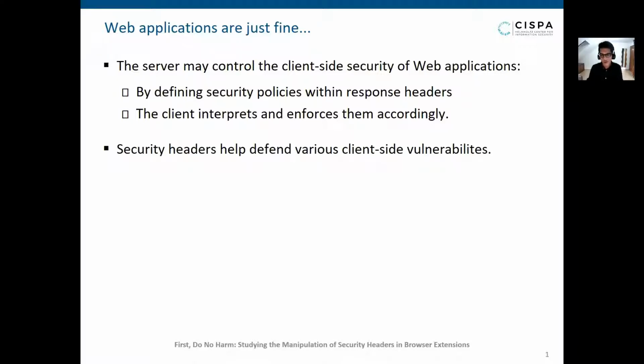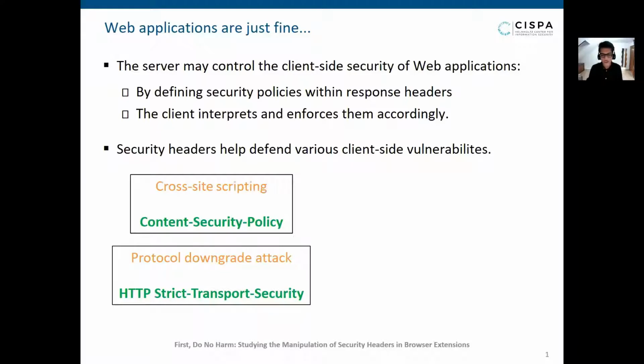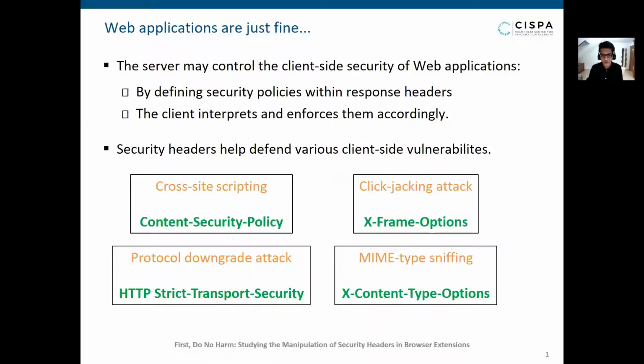Well, there are various security headers being deployed by applications, intended to protect against specific vulnerabilities in the web. For example, CSP protects against XSS by restricting the content at the client. And then we have the X-Frame-Options header, which protects against clickjacking by restricting the domains which can frame any given web page. While HSTS enforces all communication between the client and the server over TLS. And then we have the X-Content-Type-Options header, which protects against content sniffing attacks at the client side.